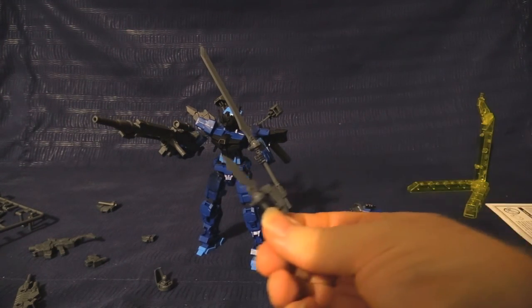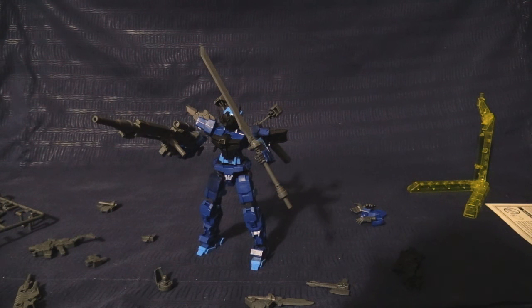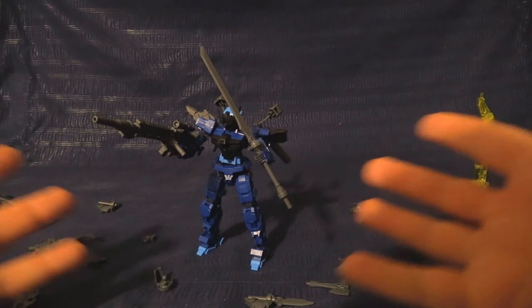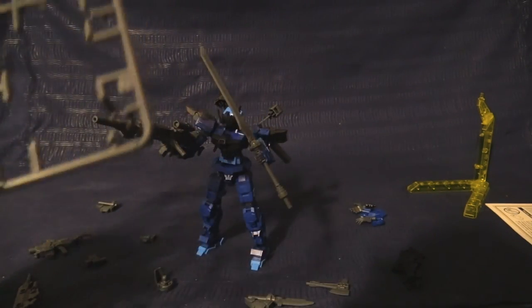for these weapons. I mean, now you get kind of a cool combat knife out of that, but it wasn't what I was expecting, so I am disappointed by this alone. That is the only part of all of this that is disappointing in the slightest, was that I didn't get what I thought I was getting. And I kept on the side over here, you've got your two runners for...